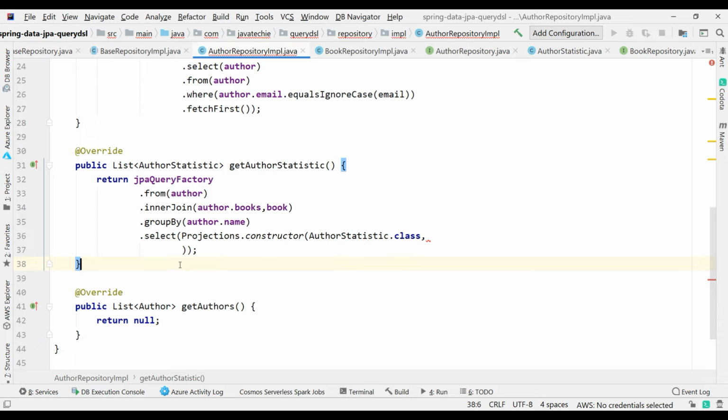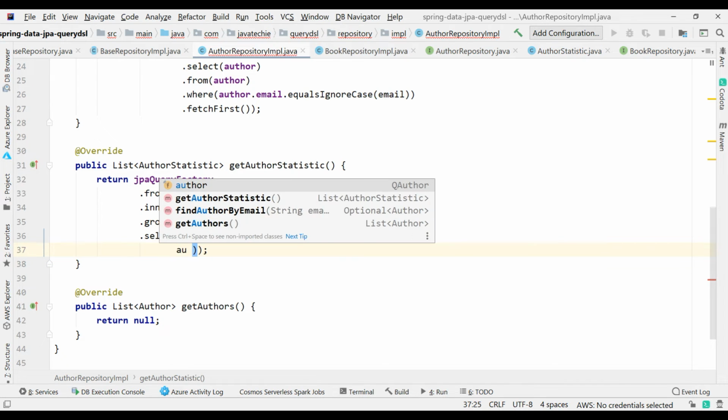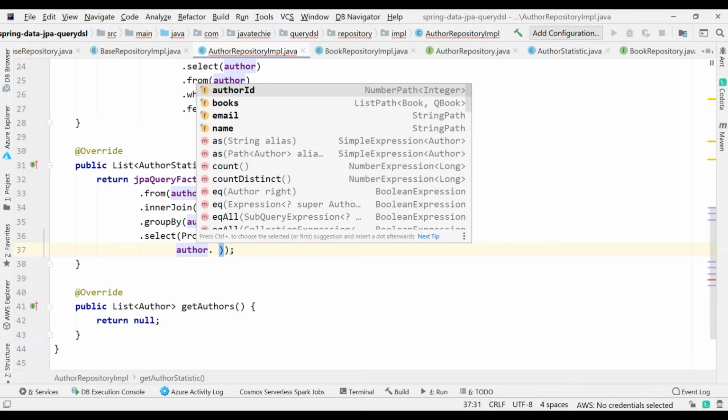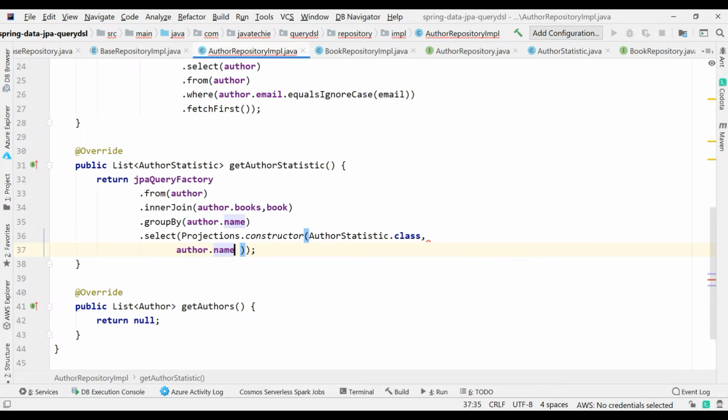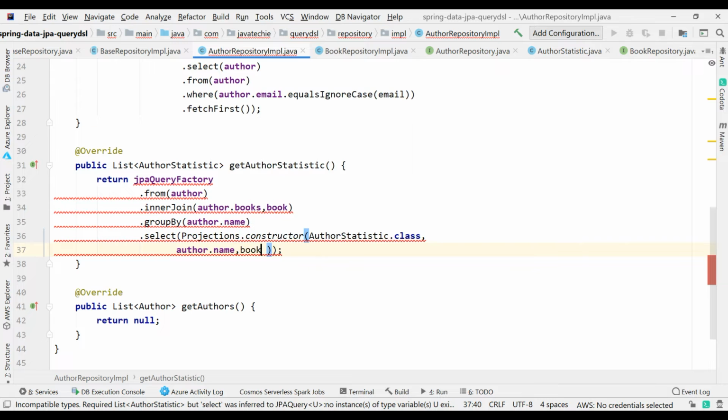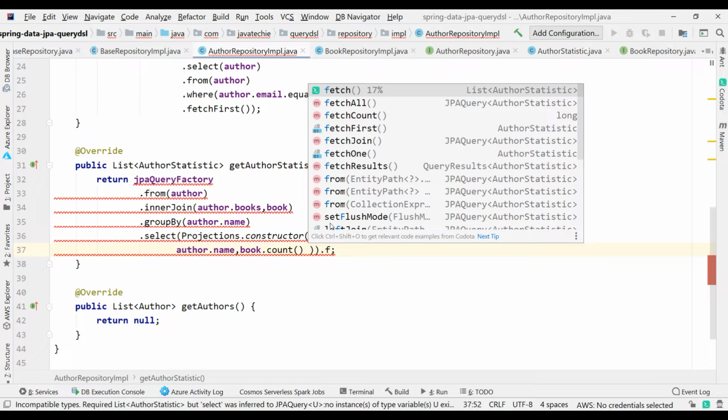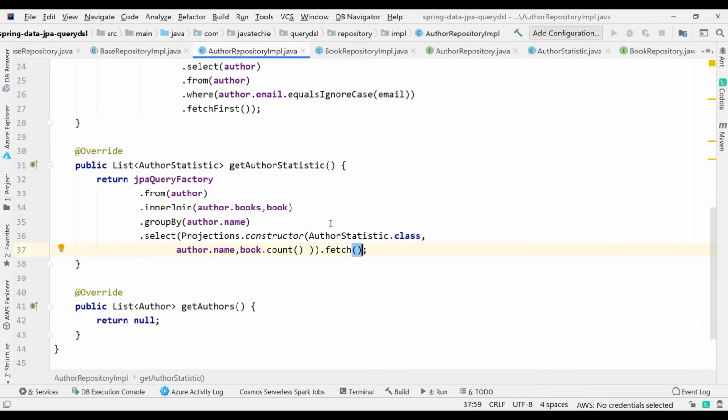So I want to map author dot name and then book dot count. Correct? Then I just want to do the fetch. That's it.